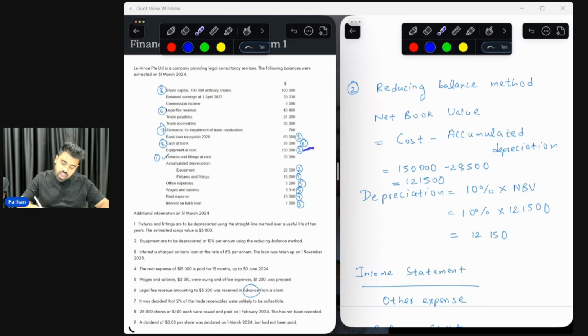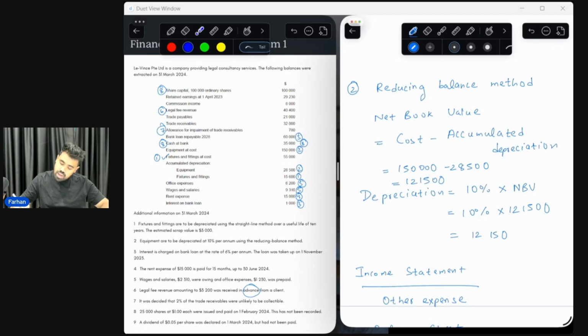As you can see, I have included additional information number 2 here. And then the accumulated depreciation for equipment is given to us at $28,500. So we simply find the difference between $150,000 and $28,500, which gives us a net book value of $121,500. Now, using the reducing balance method, depreciation can simply be calculated by multiplying the given rate of 10%,